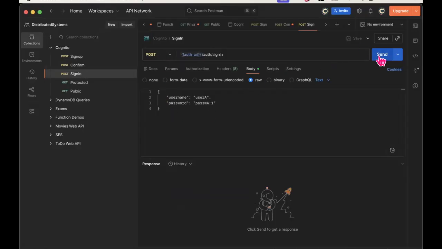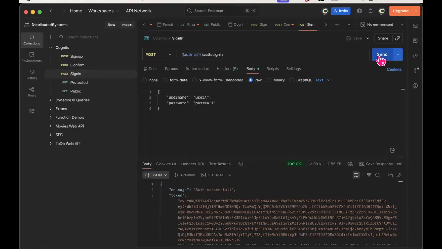Now in the case of a login, Cognito is going to generate a JWT token for me. And what I've decided in my implementation is that I'm returning the token in the response body, which is okay, but maybe that's not the best idea. But I'm also returning it as a cookie, which would probably be a more common way of doing it, or a slightly safer way of doing it. So if I click send anyway,